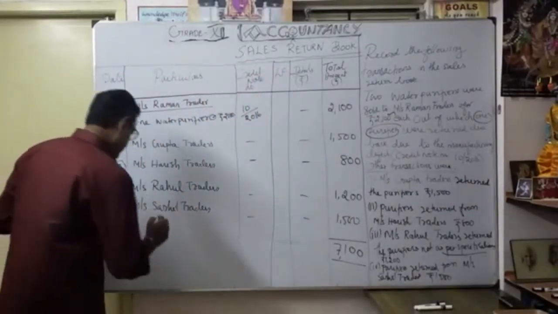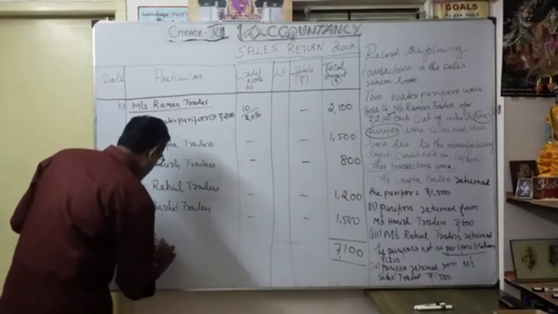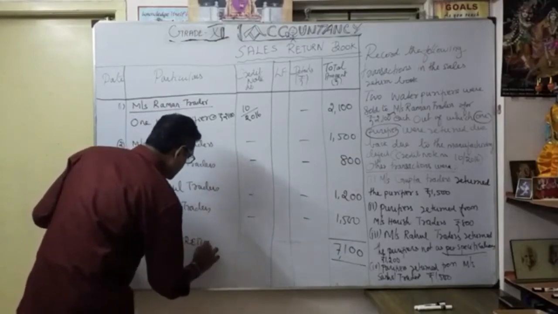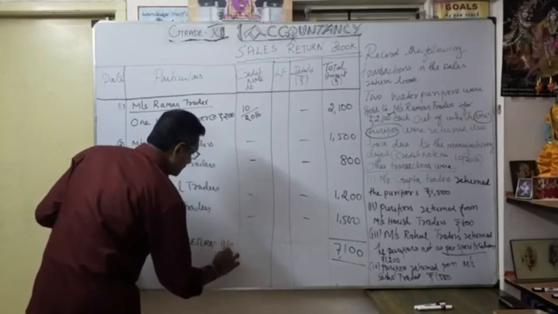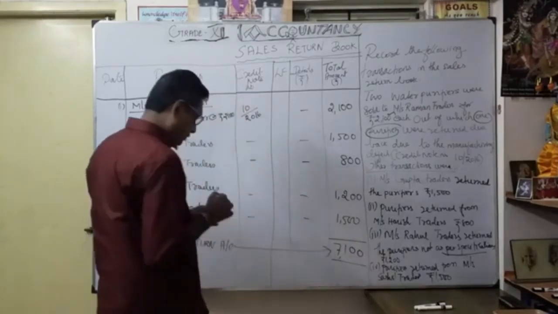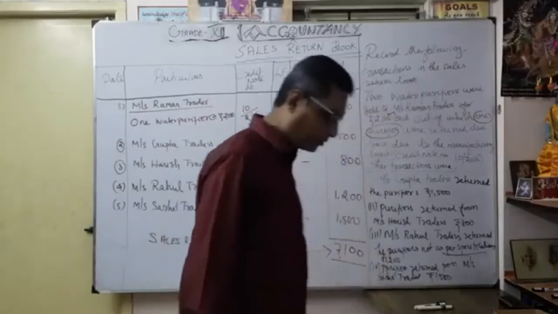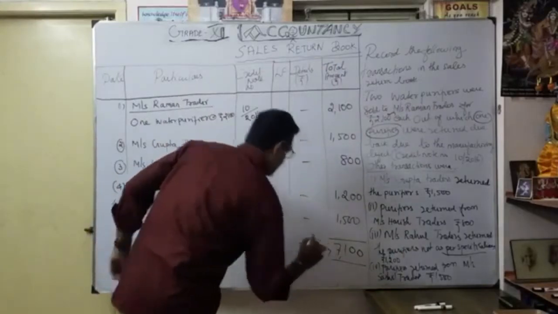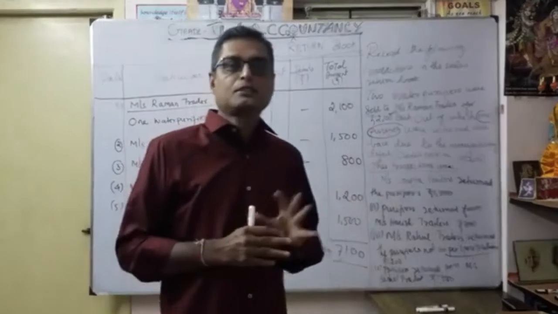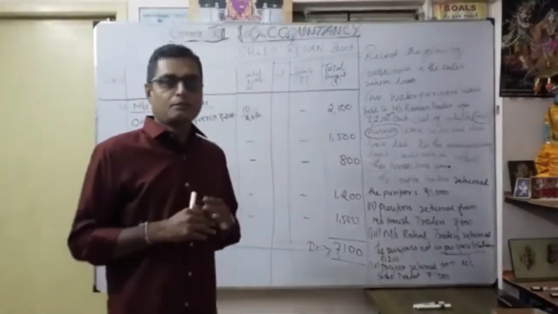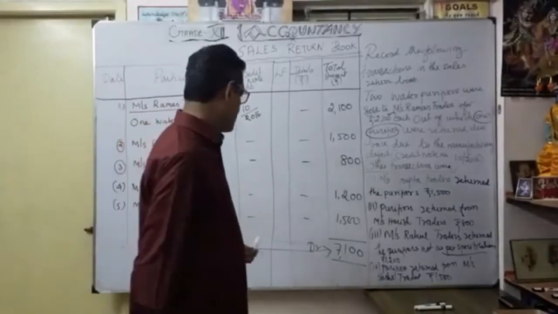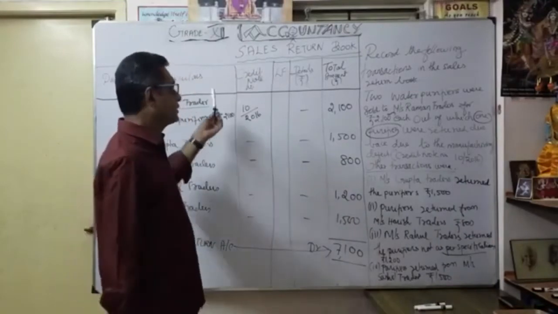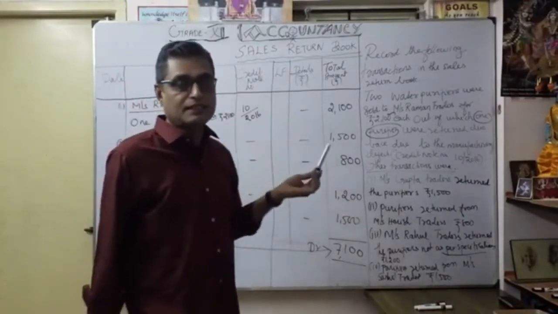So what are we going to write here? That is very important. You have to write the total, transfer to where? It is called the sales return account. Debit or credit? That is very important. It is debit. Always for sales return, you have to put debit, because goods come in. Purchase return is credit. The same manner here. Whatever the total is, we are going to debit the sales return account.